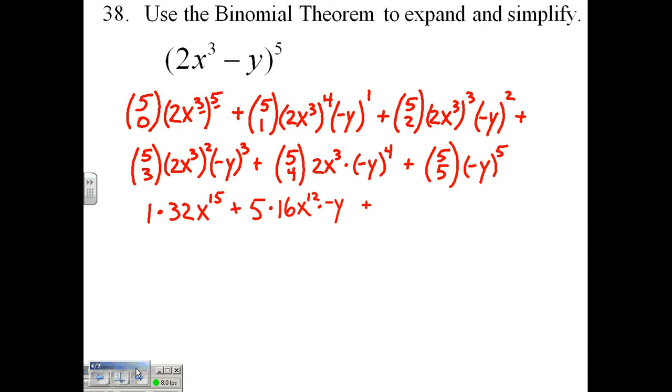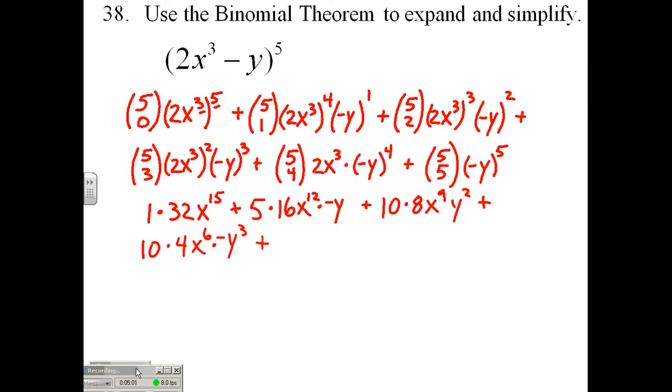Plus C5,2. If you don't know anything about combinations and I put 10 down here, you're going to think we just multiply the numbers right now, but that's, of course, not how we find combinations. C5,2 is 10. I need 2 to the third, 8, x to the ninth, and a pair of negative y's, but of course that's just positive y squared, plus C5,3, 10. See, I told you we don't just multiply them, times a pair of 2's, 4, a pair of x to the thirds, x to the sixth, and 3 negative y's, which makes this term negative,